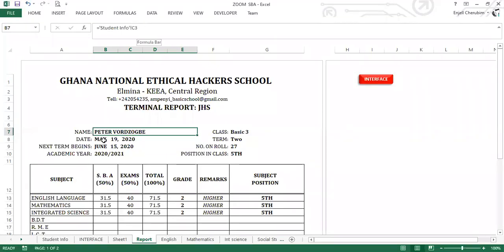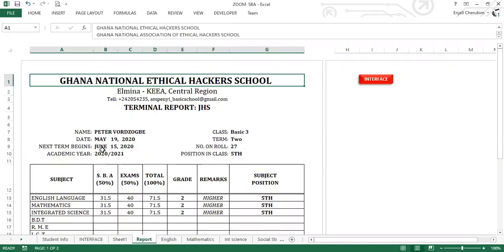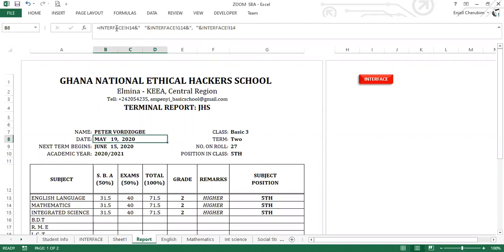Then we concatenated this cell. We have interface, 3 places for the date. So we have day, month, and year. So we just concatenated this into one so that it can give us our date, the 3 items in one cell. I explained yesterday how to concatenate cells. We just use the ampersand. We say this cell and this